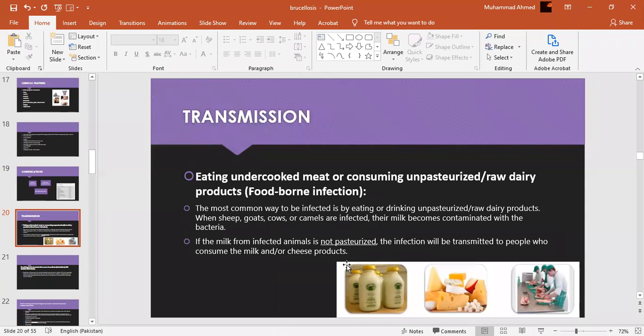Transmission. There are three modes of transmission. First is foodborne, that is eating undercooked meat or consuming unpasteurized raw dairy products. The most common way to be infected is by eating or drinking unpasteurized raw dairy products. When sheep, goats, cows, or camels are infected, their milk becomes contaminated with the bacteria. If the milk from infected animals is not pasteurized, the infection will be transmitted to people who consume the milk